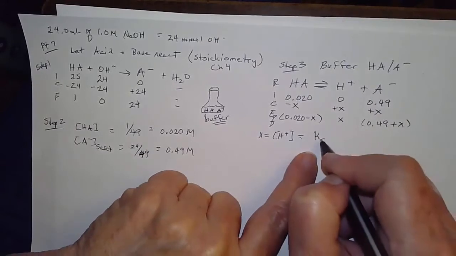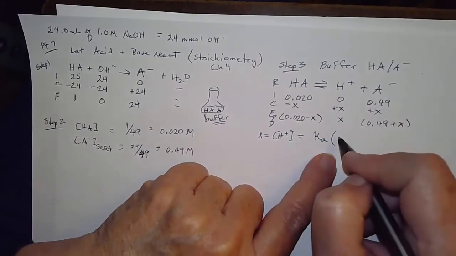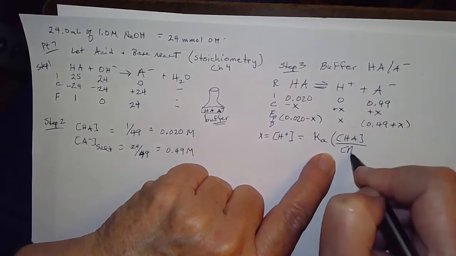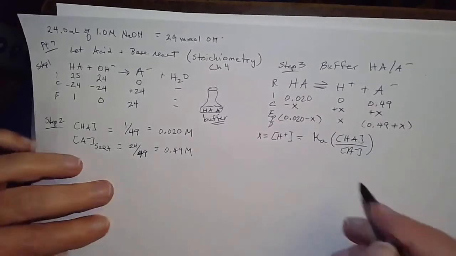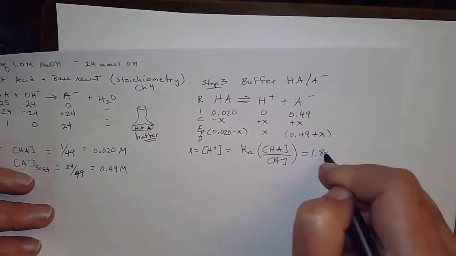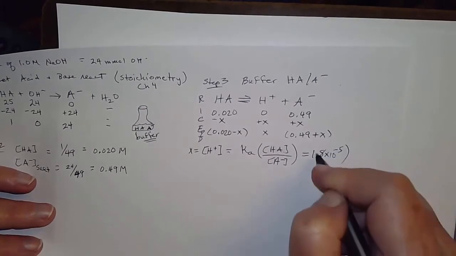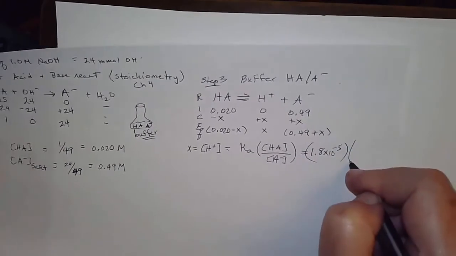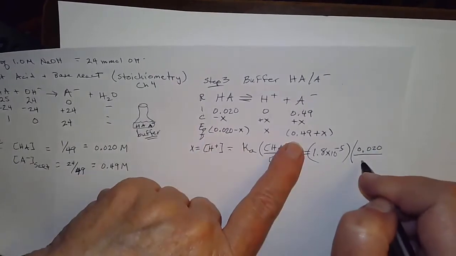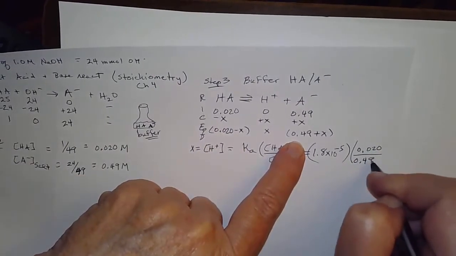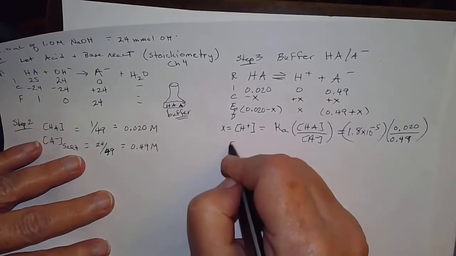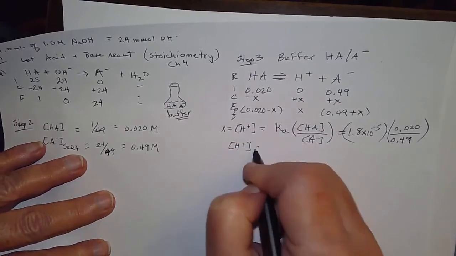It's going to be Ka times HA over A minus, right? And so that's going to equal 1.8 times 10 to the minus 5. That's the Ka for acetic acid. And the acid is now a lot smaller than the conjugate base. And that's a 9. Okay, and so we have that the hydrogen ion concentration then is